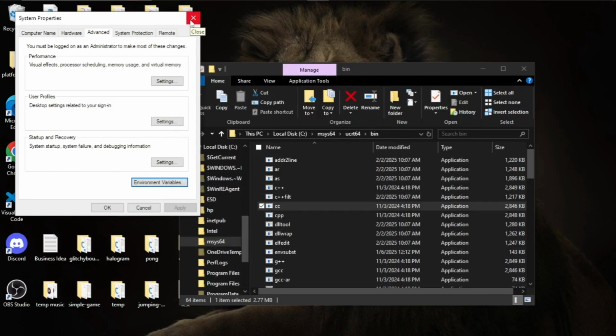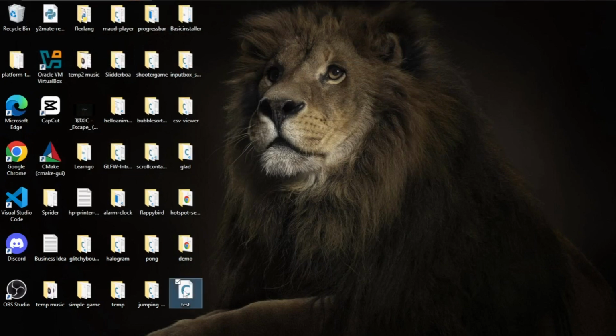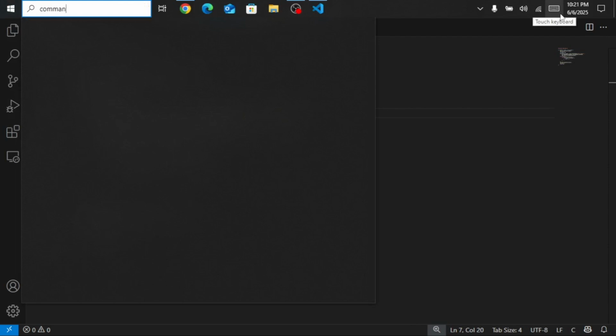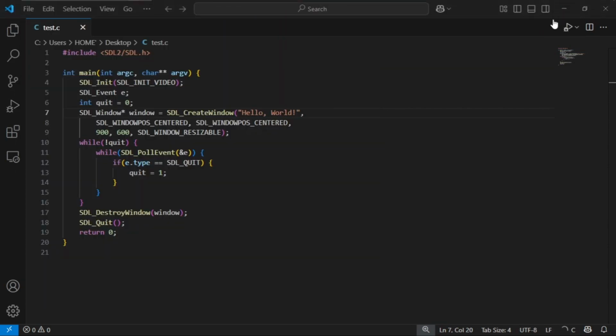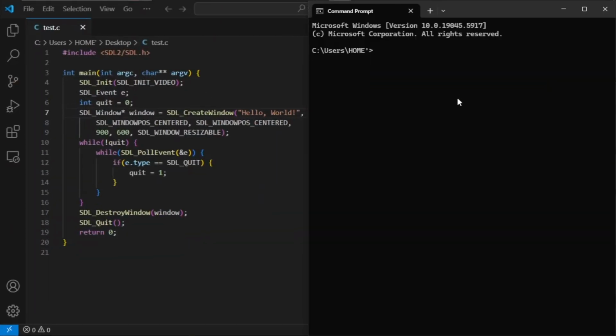So now guys, that we have done that, let's try to verify that SDL2 has been installed. So I have this test.c file on my desktop that will just pop up a window onto the screen. So what I'm gonna do guys is open up command prompt. And I'm gonna navigate to the desktop, so I'm gonna type cd desktop. Then I'm gonna compile the test.c file, so I'm gonna type gcc